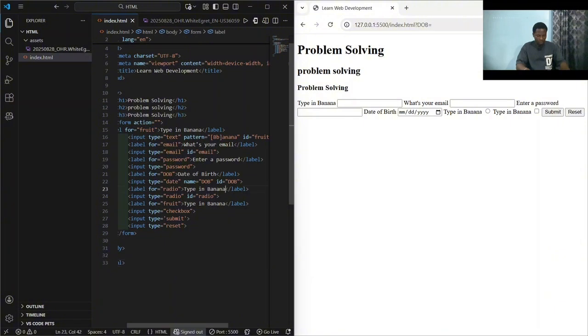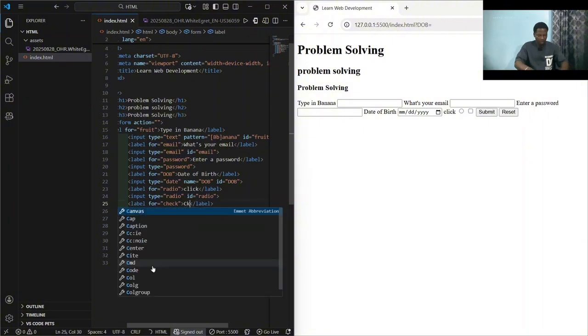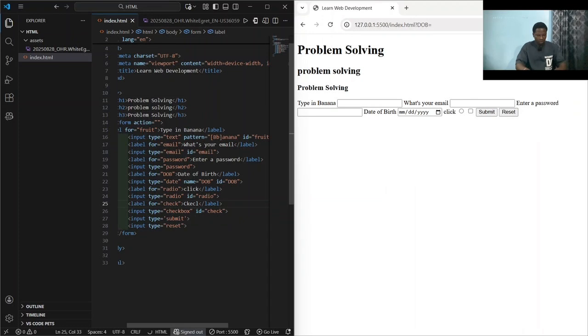And this will probably click, then give it a for attribute of check and also an ID of check, and this should just be check as well. Yeah, so